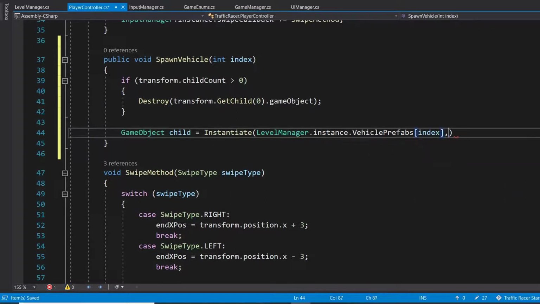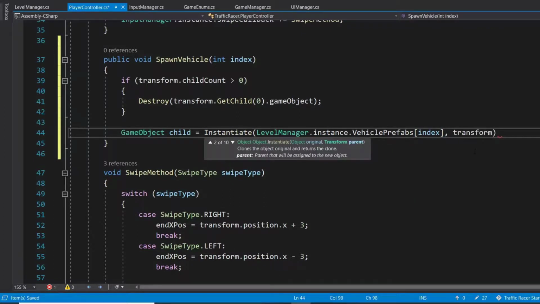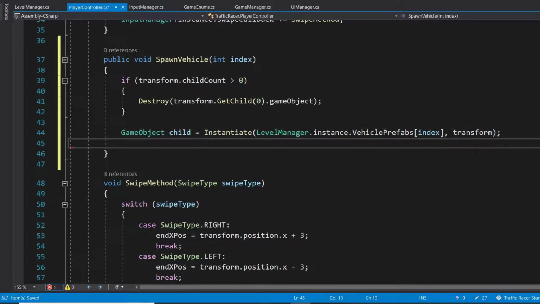Now let's go back to our player controller dot vehicle prefabs, and we'll pass the index in it, comma transform. This makes sure that the new game object which is spawned will be the child of this game object. Then we also need reference to the collider component of the child.